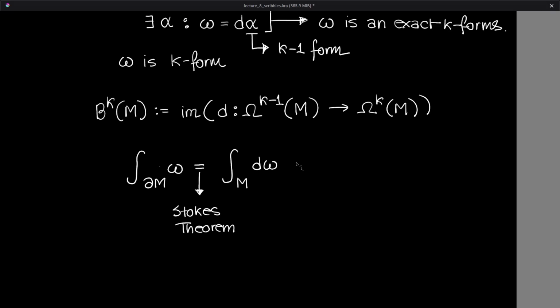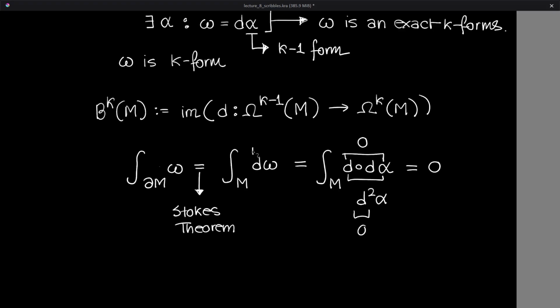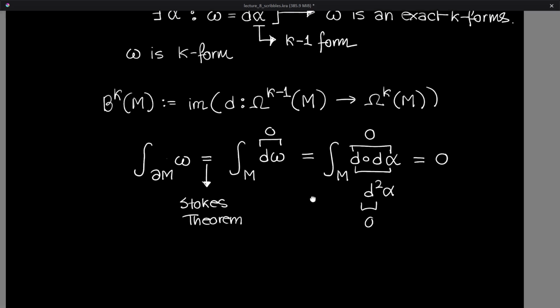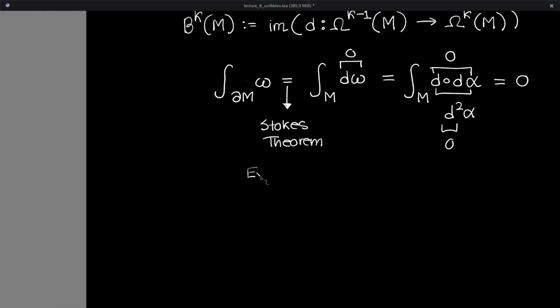But we do know that there exists some alpha such that I can rewrite it like this, right? This is d squared alpha. But d squared is equal to 0. It's the 0 map, right? So that means that this is 0. But if this is 0, then this is 0. I mean, we didn't actually change anything else. We just rewrote the integrand. That means that every